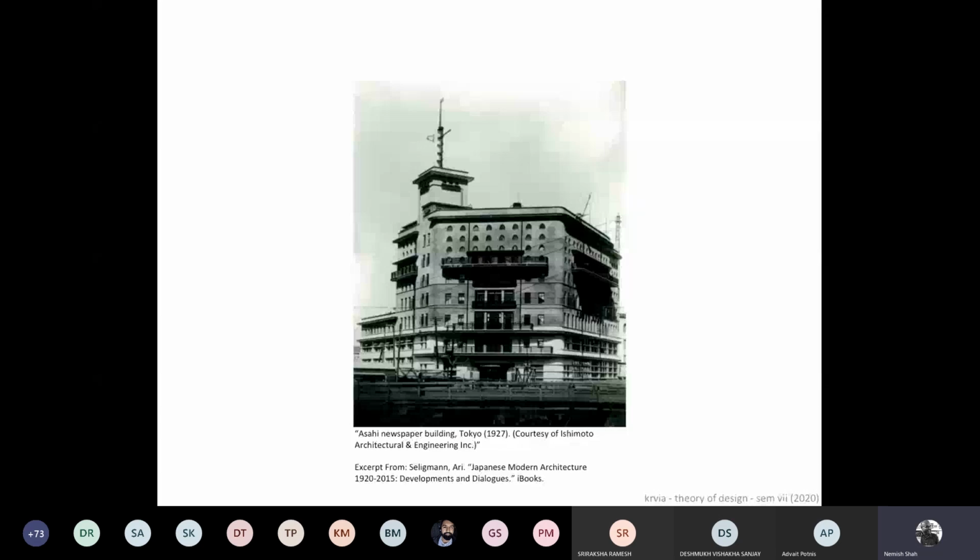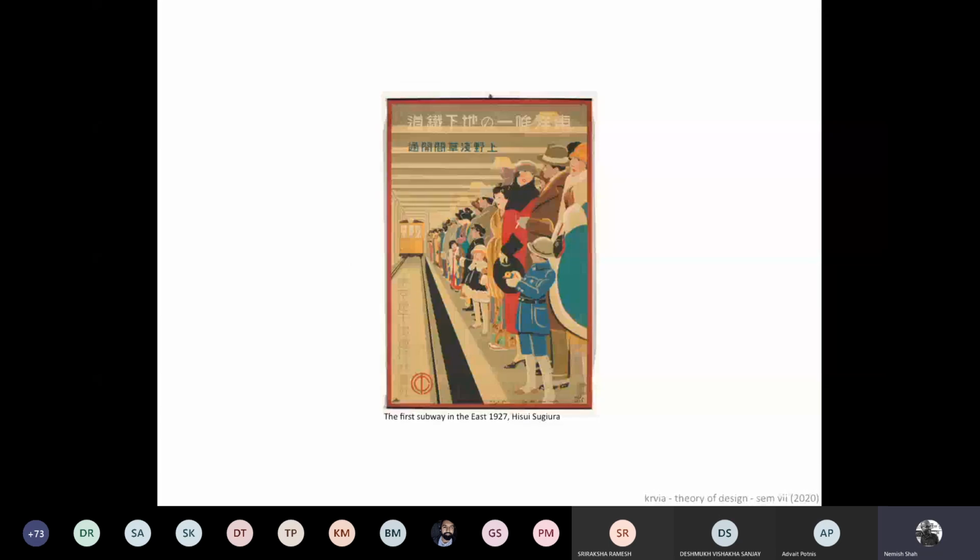There's a sense of this architecture which Mendelssohn was sort of involved in, and that was not very rooted in the didactic nature of modern architecture, but much softer in that sense, much more rooted in the space, in the place. This is the Asahi building by Yamamoto, and around this time, in 1923, if you remember or if you know,